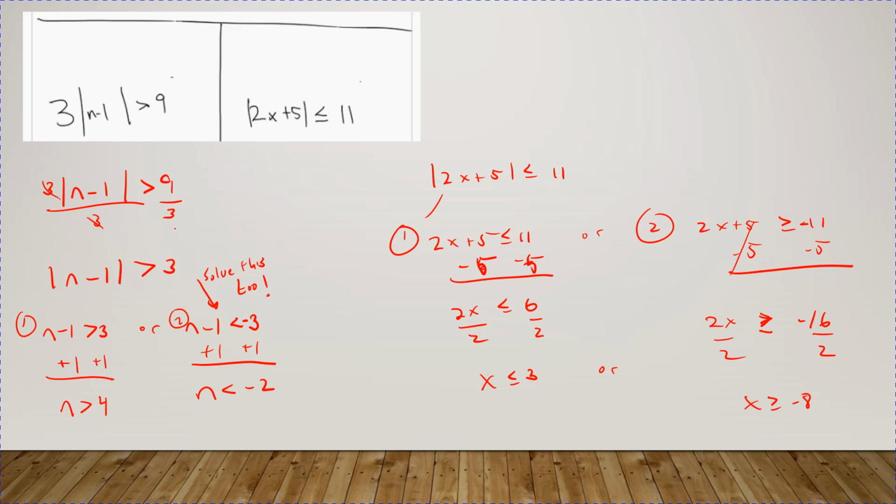When you solve this one here, you get two solutions. You get n is less than 4, or n is less than -2. Over here you get x is less than or equal to 3, or x is greater than or equal to